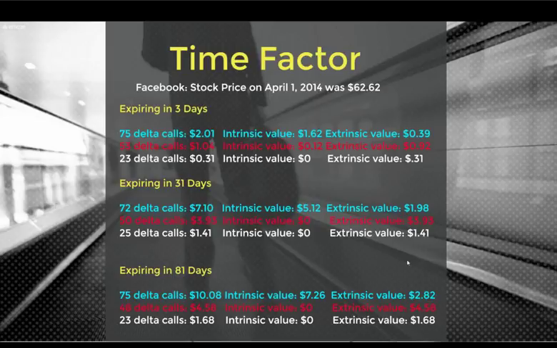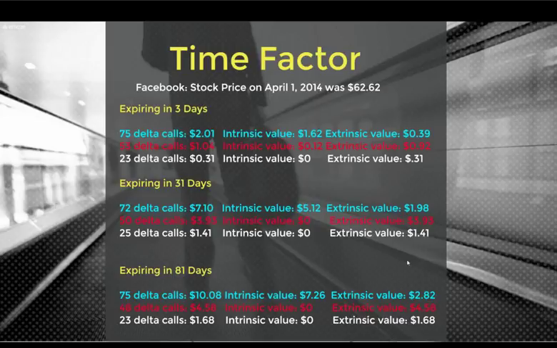So you can see here with the at-the-money option, the at-the-money option had more extrinsic value, and the 23 delta, you can see, has 31 cents extrinsic value. So the at-the-money options carry the most extrinsic, and you've probably heard this in other books and resources, that at-the-money carries the most extrinsic value, which is the case.